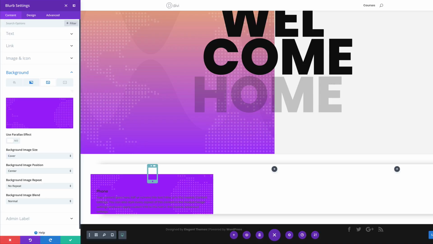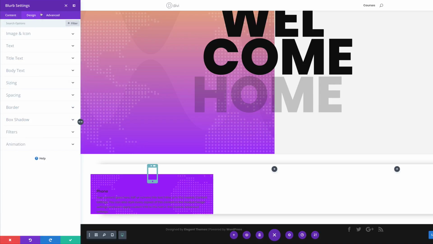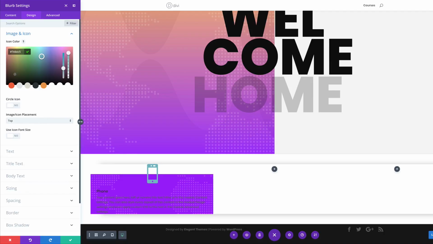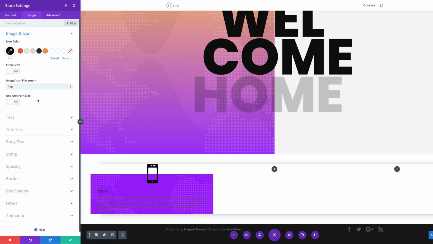Now it's time to go to the icon settings. So I'm going to click here on design and choose my icon color. So I'm going to come over here on image and icon, and my icon color is going to be black. So now we need to change our icon size. And to do that, we need to click on use icon font size, and we're going to change the size